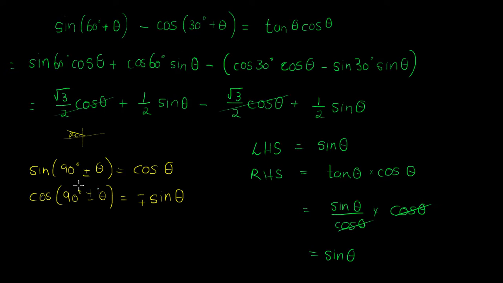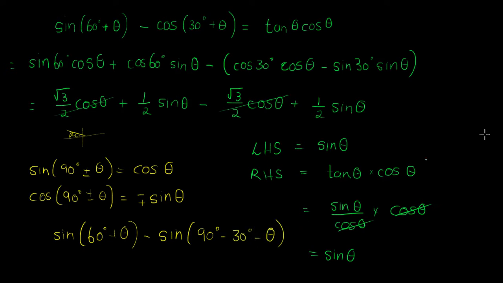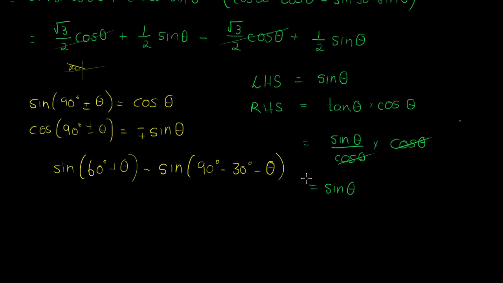So what I would rather like to do is take 90 degrees and subtract the angle in there. Okay, that seems good. So in other words, if I have sine of 60 degrees plus theta minus, and then now all I'm going to do is take 90 degrees minus the angle inside, and that will change it to a sine theta. I don't think it's complicated, but I'll understand if you're a little bit confused on that step. But you could have done that, and this leaves me then with